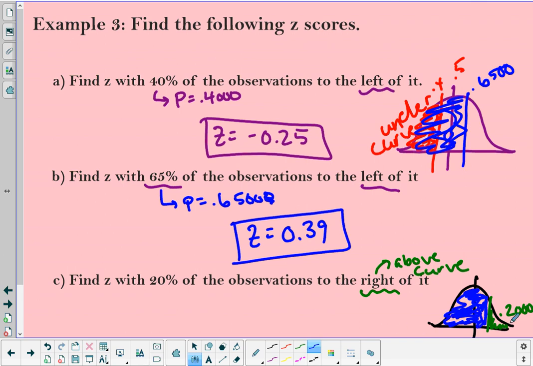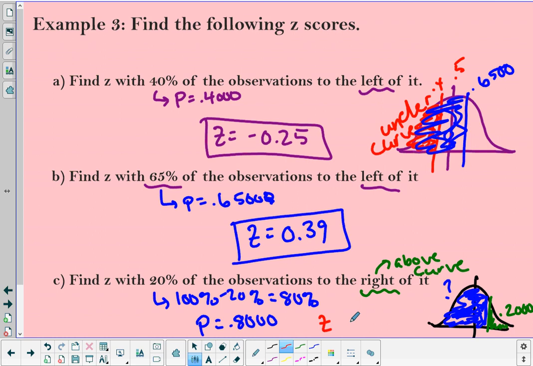So if you want above the curve, what you need to know is how much is over here. The way you get that is take 100% minus 20%, and that's equal to 80%. So really you're looking for where p is equal to 0.8000, or again, the closest one to it, and the z-score that's closely associated to 0.8000 is